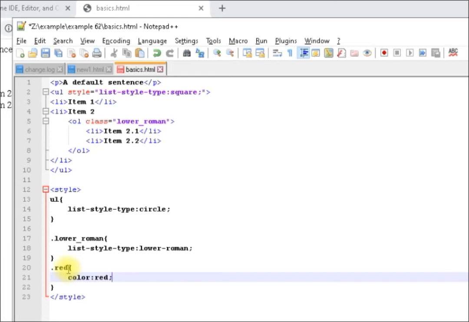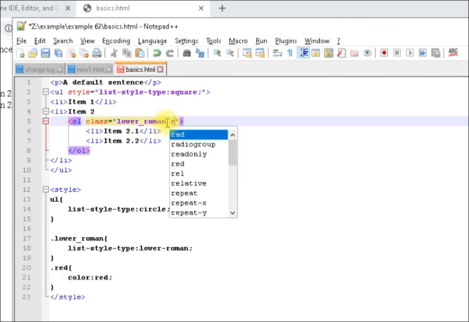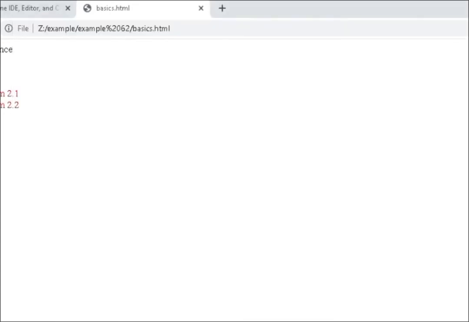Okay, and I will come here and add it. If I need to add more than one class, I leave a space and I put the other class. I will add here red. Okay, and then I will save, and I'll refresh here. You can find out that your list is coming in red color, but I need only the numbering to come in red, and the writing to come in black. So I will go back again,